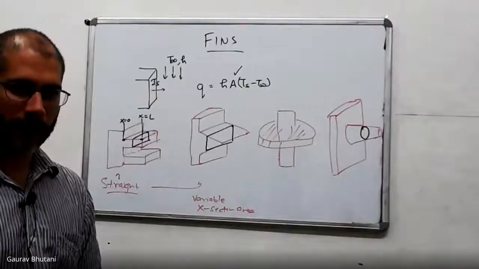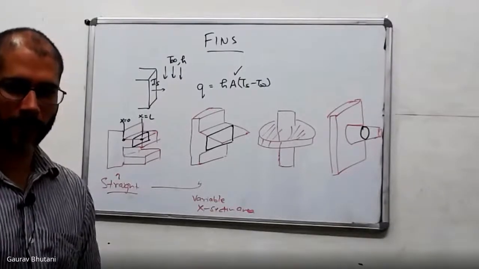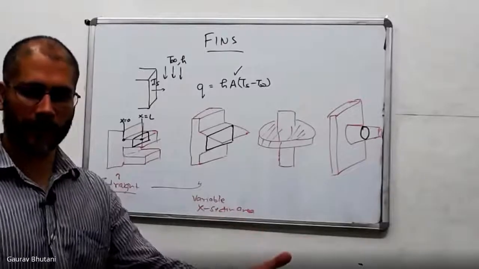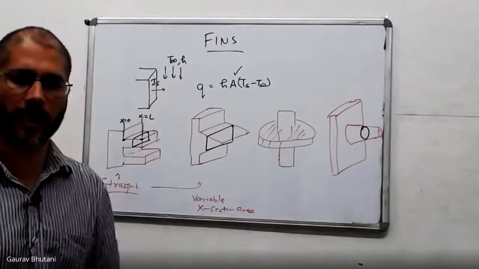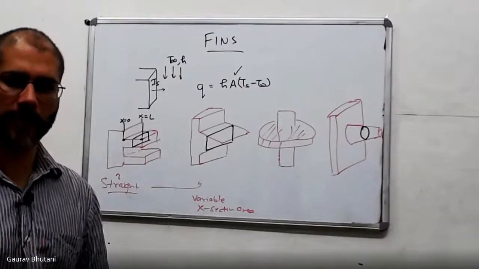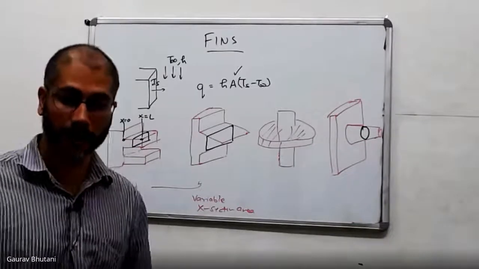Sir, the ability to radiate should be the most important consideration in deciding what material should be used for the fin, instead of conduction, right? We are not considering the radiation mode of heat transfer right now. The only modes of heat transfer we have are conduction inside the solid and then convection from the surface. Yes, sir, when the temperature becomes high, radiation starts dominating. But in this case, let us assume that radiation is negligible.